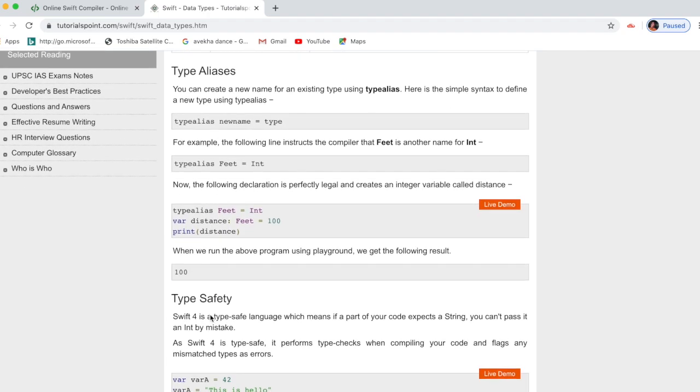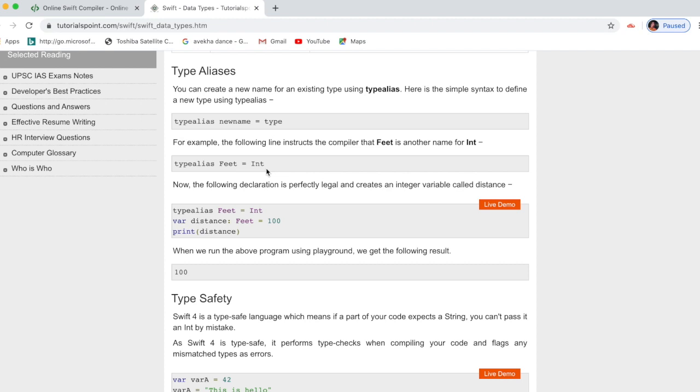Next is type aliases. What is that? It means we give a new name for an existing type. That is the main definition we can give. The way is: typealias, space, new name, space, equal to, space, type. The type can be, for example, Int, or whatever we choose according to our purpose.